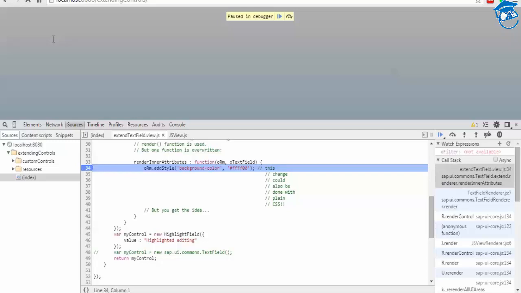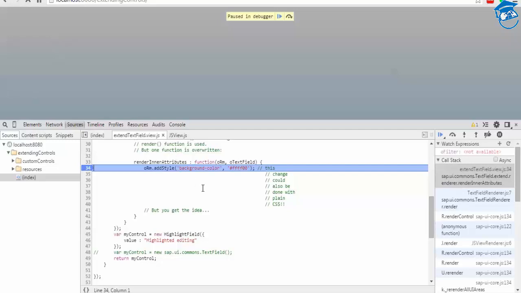I already told you before, when the control is already displayed, that's the time we're going to do our changes, extending, right? So we have rendered inner attributes now, because we are rendering inner attributes, that is nothing but color now. That's the reason I've used inner attributes.